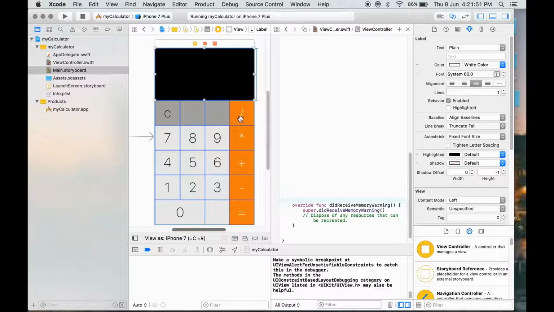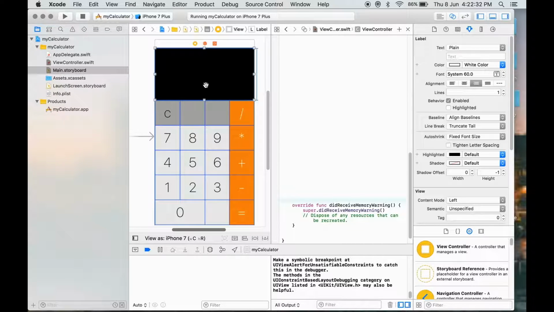When the user presses any of these binary operators, we want that particular operation to be performed on the values entered by the user. When the user presses the equal to button, we want to display the result of the binary operation that has been selected. And when the user clicks on this clear button, we want to clear everything. So let's start connecting our UI elements.